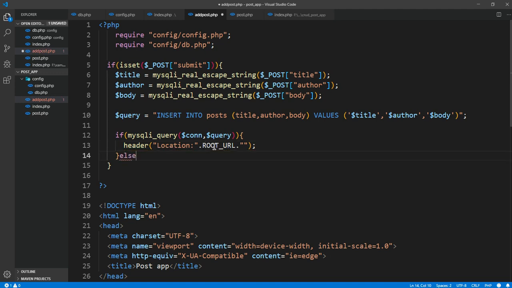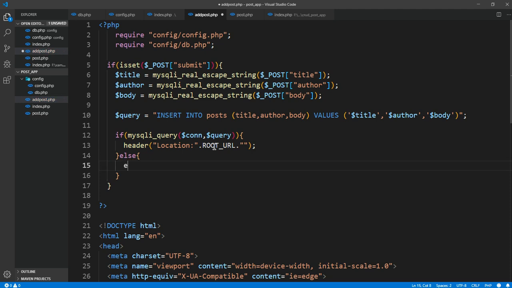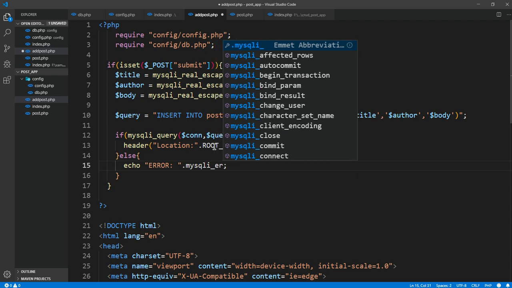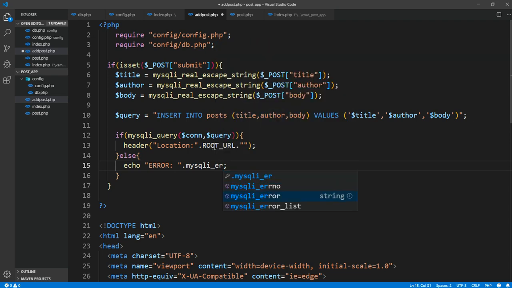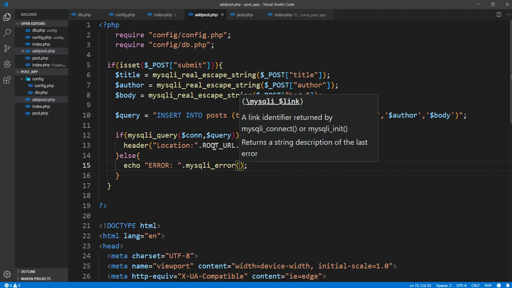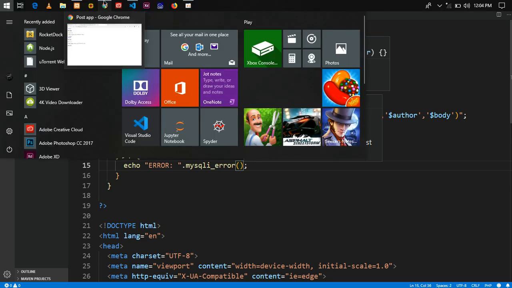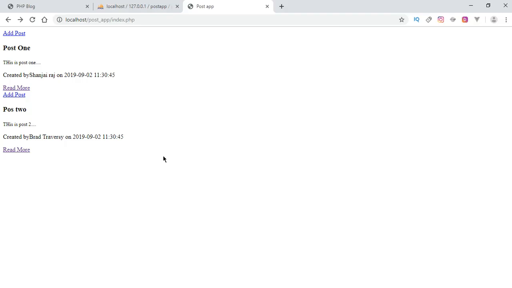And if the connection is not proper and there is some problem in the query or something, so I want to say error, and I want to concatenate it to the error that is actually shown by MySQL improved. MySQL improved is what we say, MySQLi. So there's that. So it should work. MySQL, I'm sorry, the app should work. So if I say add post,